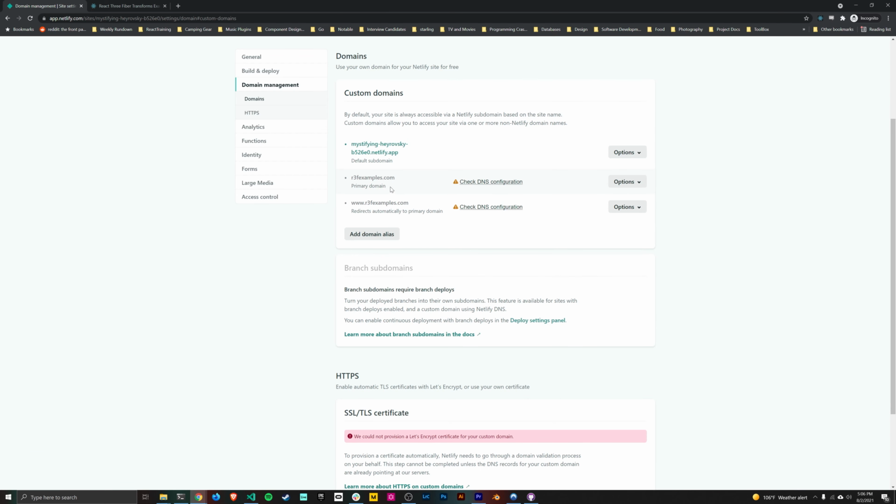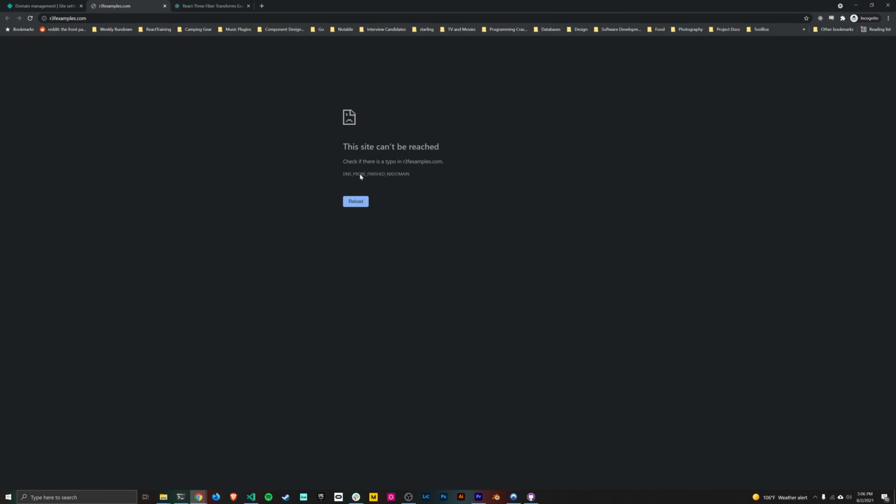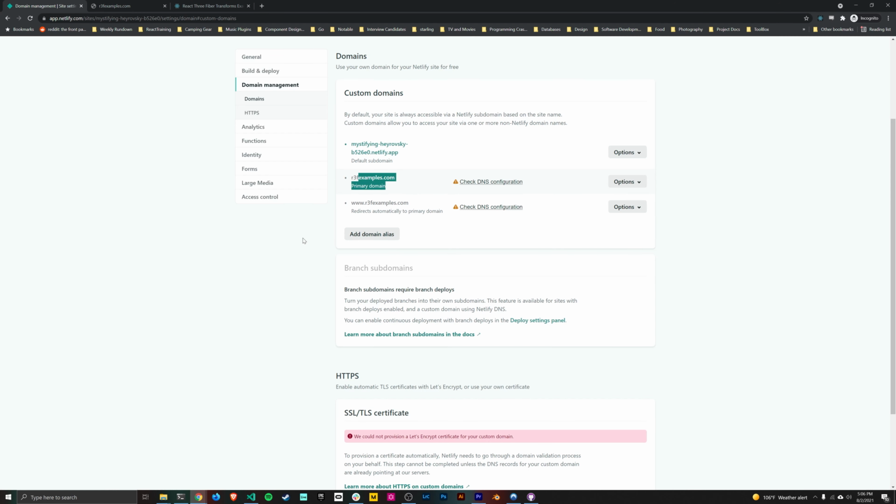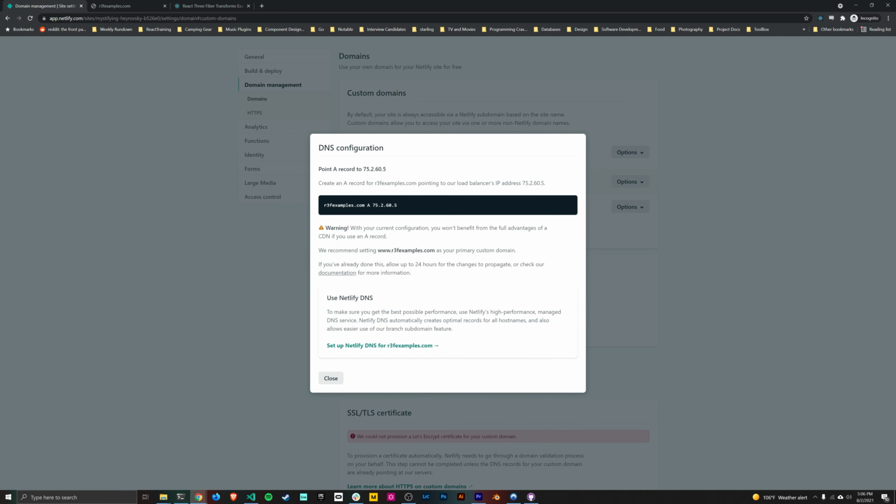And you'll start to see some stuff happen. Namely, it will appear, but it'll be kind of grayed out. And it will have this yellow warning message, check DNS configuration. So click on that, check DNS configuration, and it's going to give you a couple of options for how to